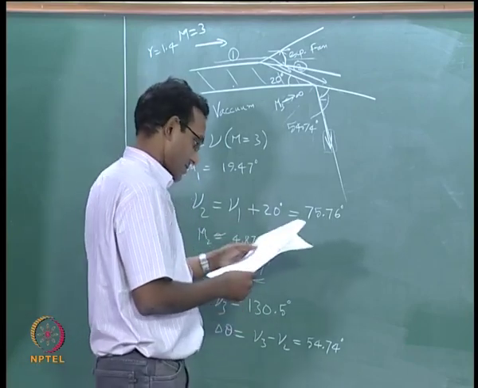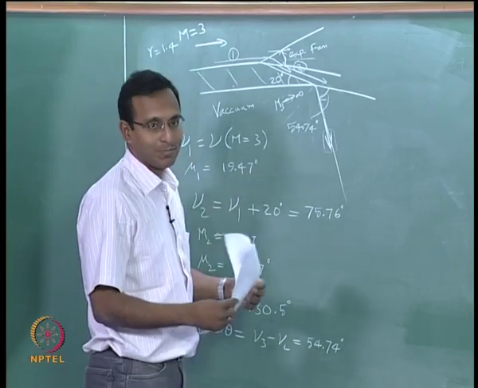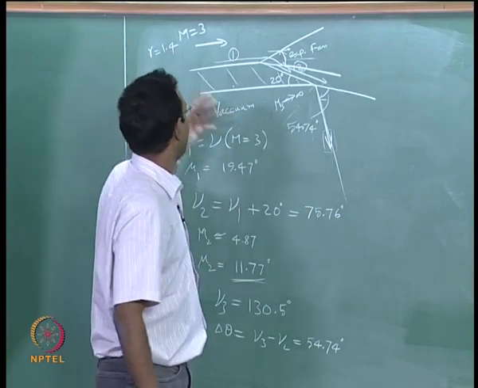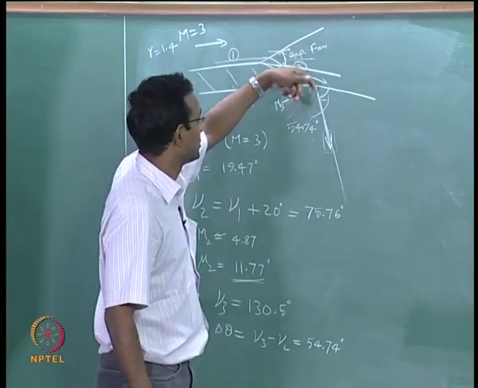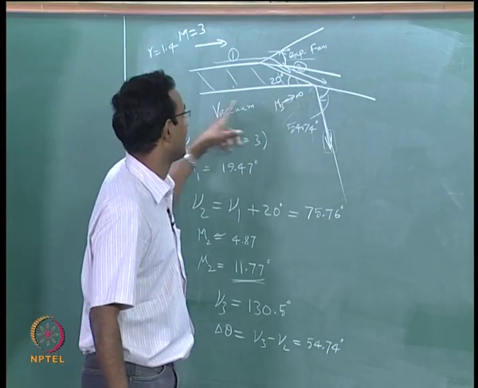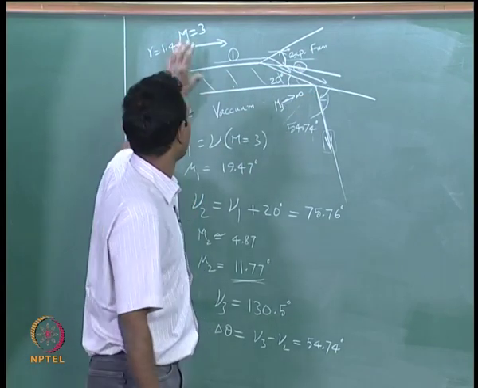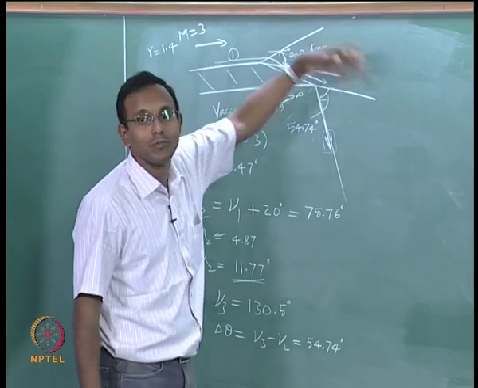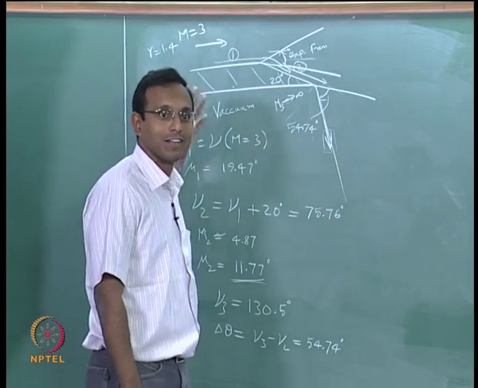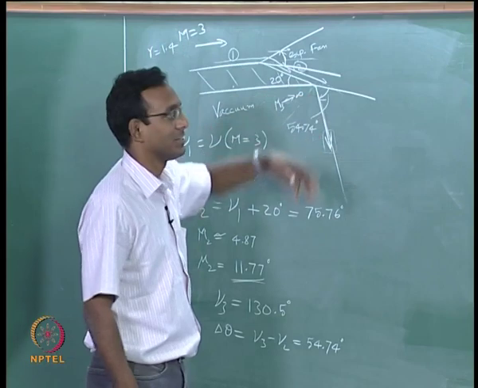So it is just a hypothetical analysis, but one thing it tells is, if I have a case like this, the flow will just go straight like this, it will never try and turn around the body. That is a very important thing you should know. If I start with very high Mach number, it cannot be turned too much already, because it has already turned a lot. That is the way you have to think about it.